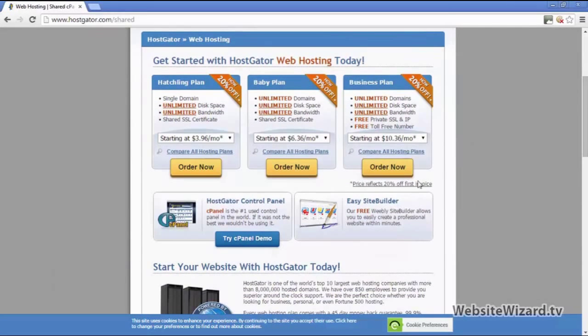So HostGator's got 3 packages here. You've got a hatchling plan, a baby plan, and a business plan. Now you don't need the business plan, but you can choose between the hatchling or the baby plan. So the hatchling plan only allows you to host one website. So if you want to host more than one website, then the baby plan's a much better offer, as you